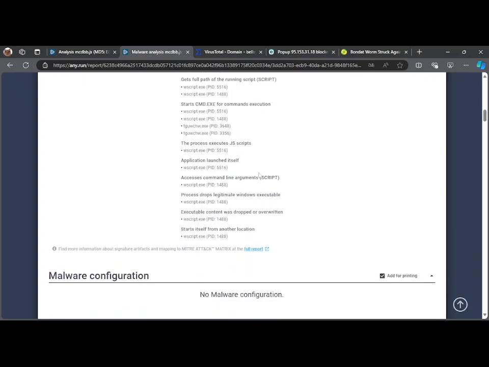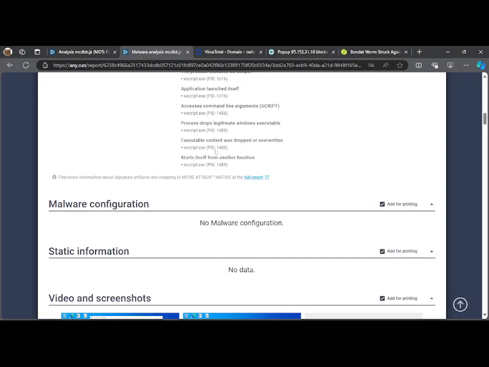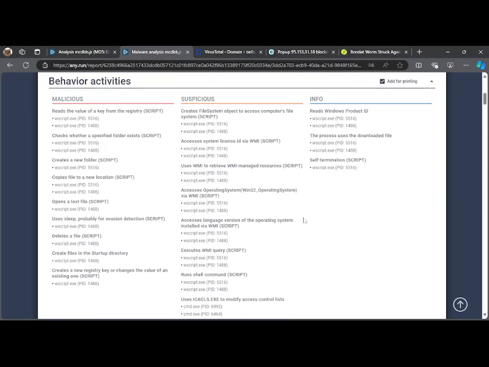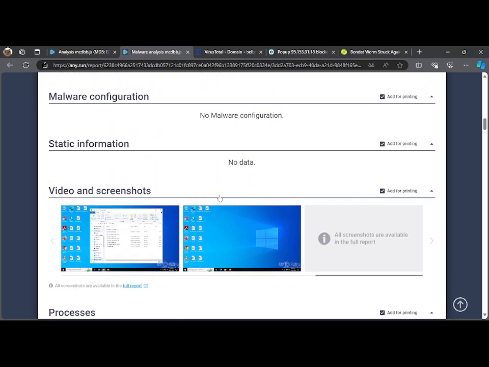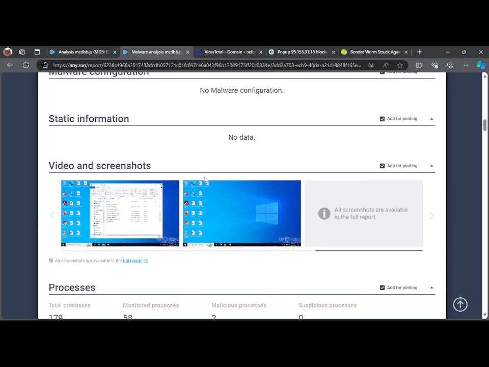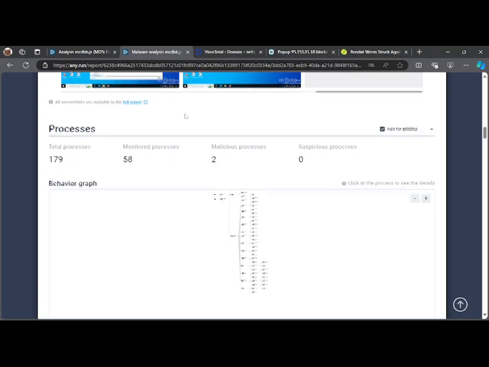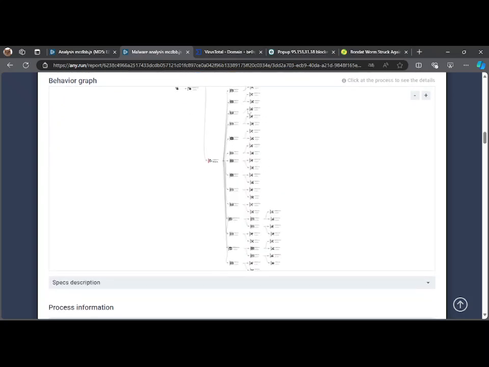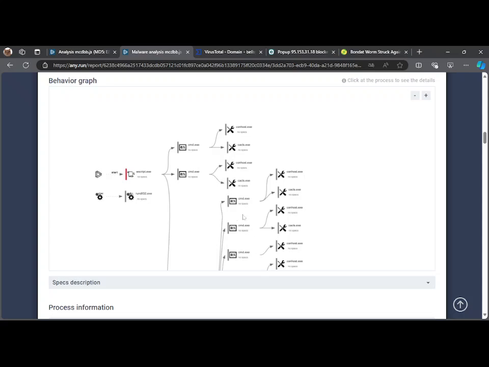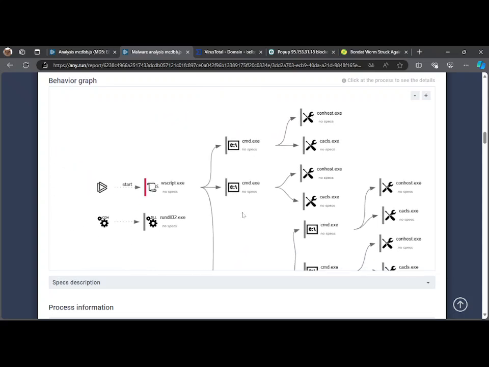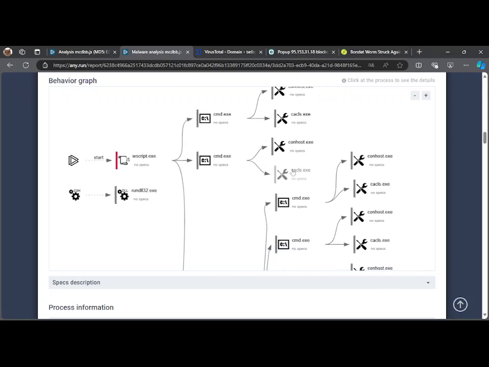And well, it executes some JavaScript files, you can see here, and it does a lot of other things. And these are some screenshots from when I executed this malware, and you can see here a map of all the processes that it does. For example, it executes these scripts in the command prompt. It changed the access control list,